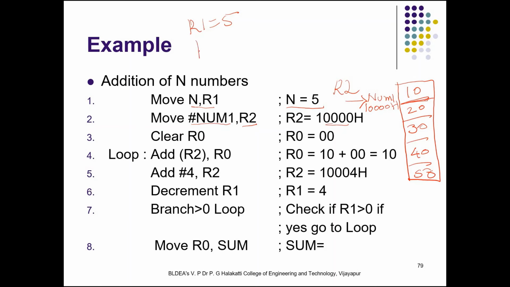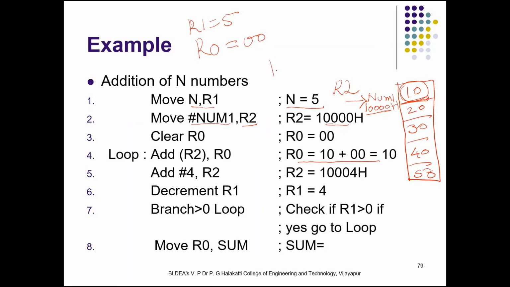Now I need R0 to store the sum, so I am clearing it to 0. Then I say add R2 into parenthesis comma R0. What does it mean? Add the content of the memory address pointed by R2 to R0. So the content of memory address means content of the memory 10,000, which is 10, to be added to R0. That's why you can see here R0 is equal to 10 plus